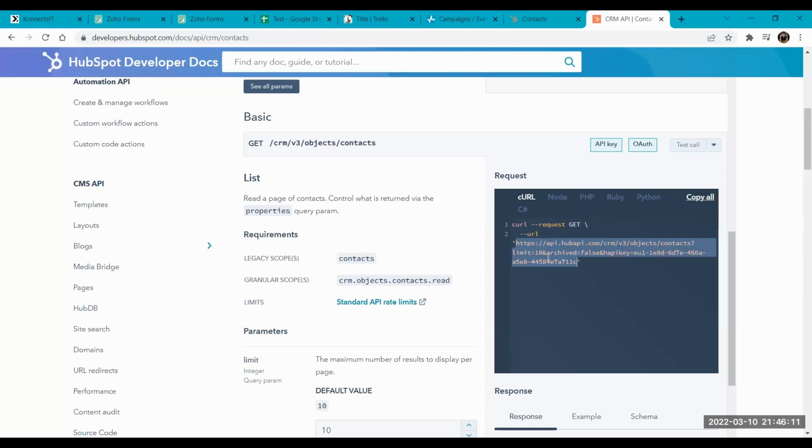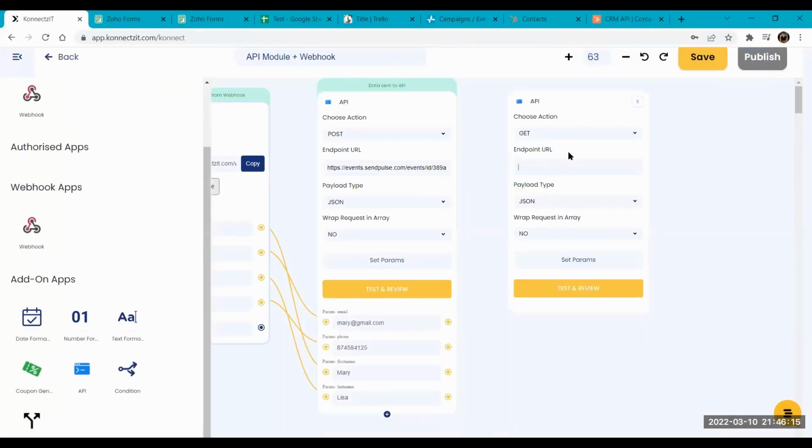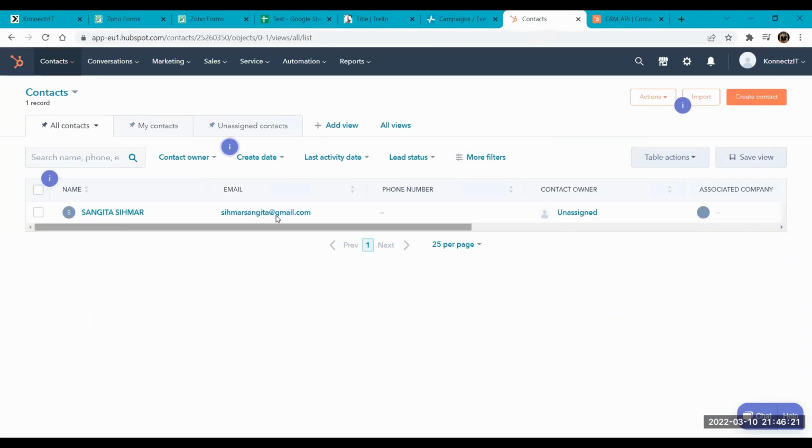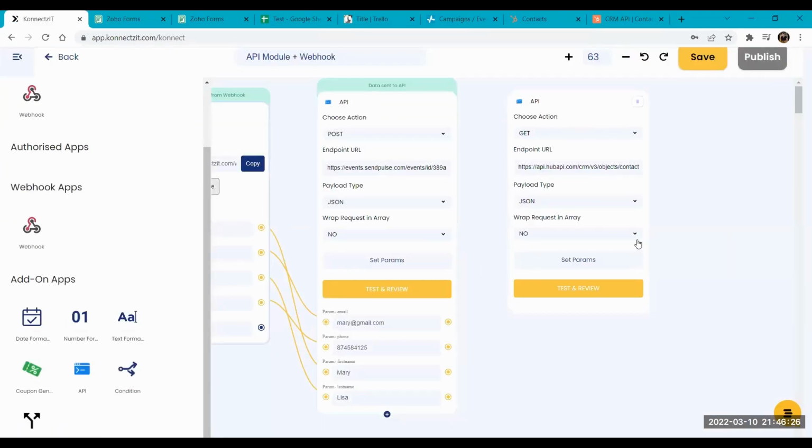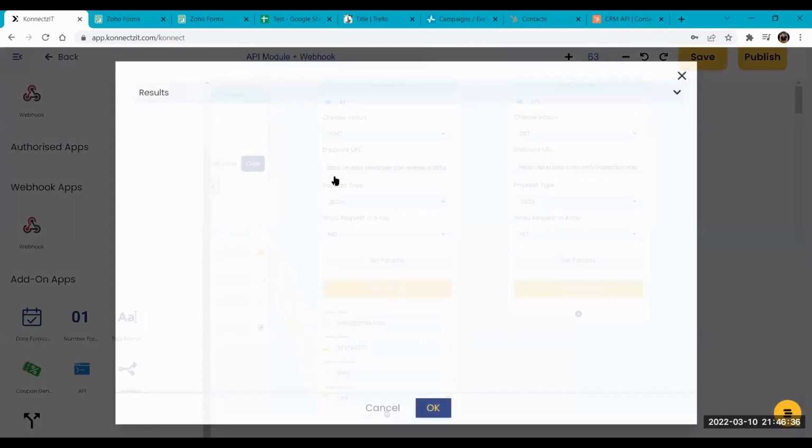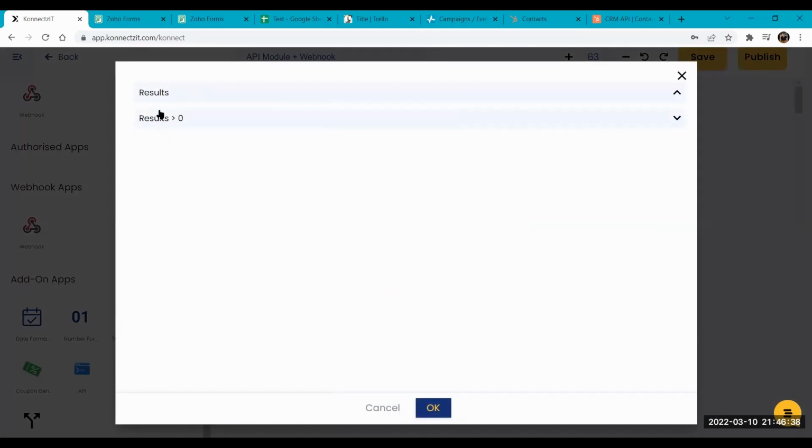So now I'm going to copy this particular endpoint URL and place it right here. What this is going to help me do is get this particular detail right over here into my API module, actually not using HubSpot here. So right now I'm just going to do test and review and I'll show you how it looks. So yes, the data has been sent. And if we check the results here,